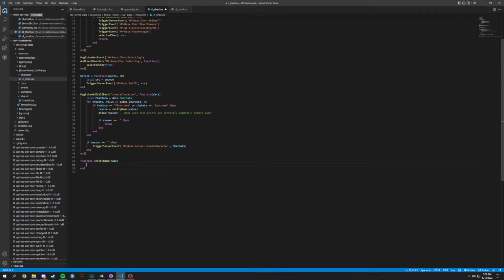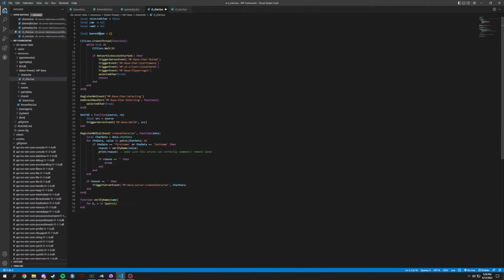So now in here, we're going to do a for k, v in ipairs, and we're going to pass through our local ban names. Let's do ban names actually, because there are going to be multiple names that are going to be banned. So for that, do, and then we're going to do an if name equals v, which means if the name passed through equals one of these ban names, then what we are going to do is set a local reason equals to,